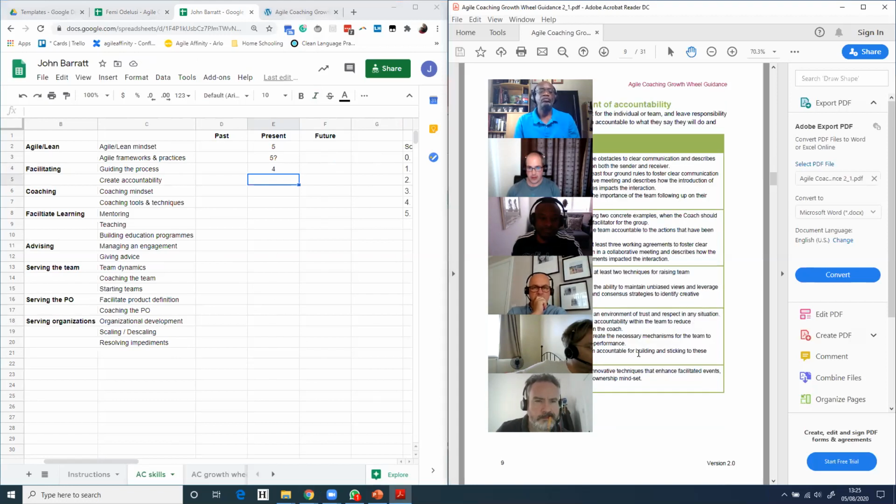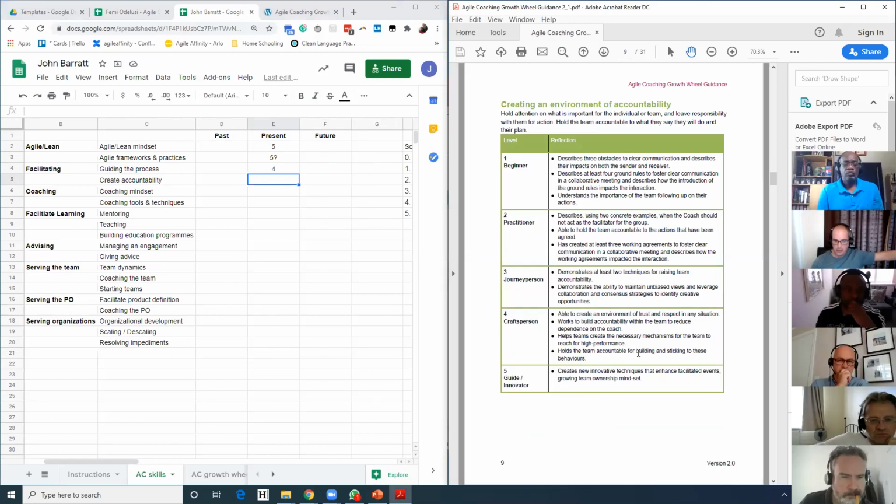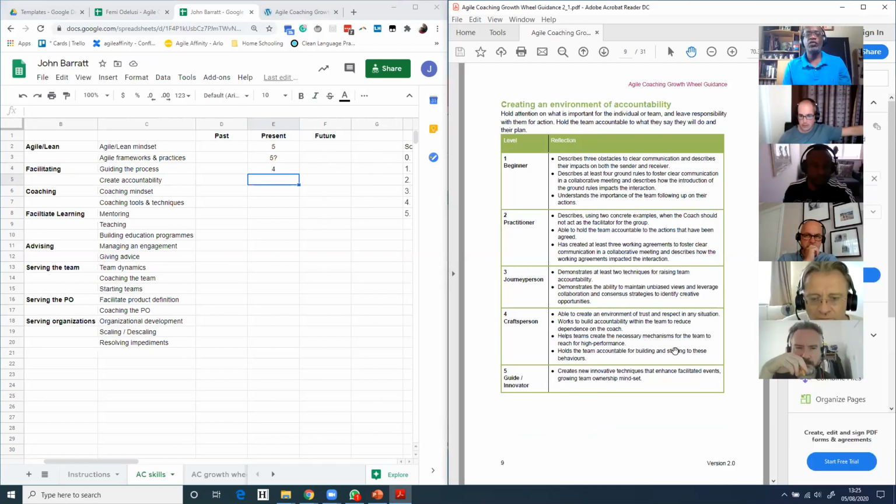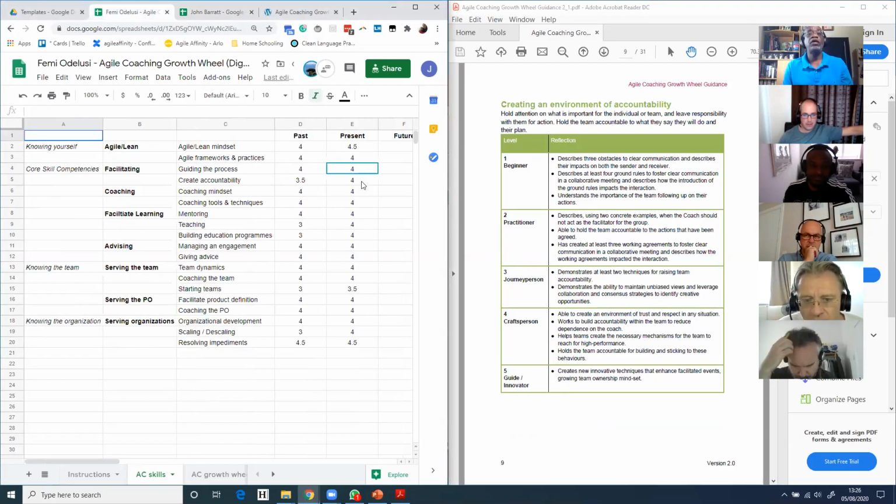So we'll move on to the next section, which is creating an environment of accountability. If I take this one again, so that I can free up time for others later. On completion of the IC Agile coaching course, I scored 3.5 points for myself. They have been arbitrary, but there have been some additional activities that I've undertaken recently to create an environment of accountability.